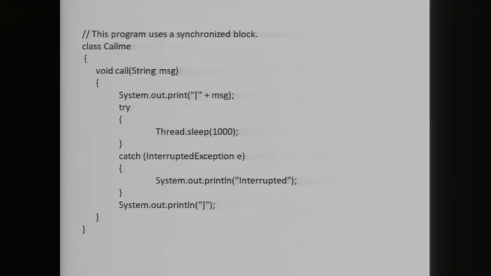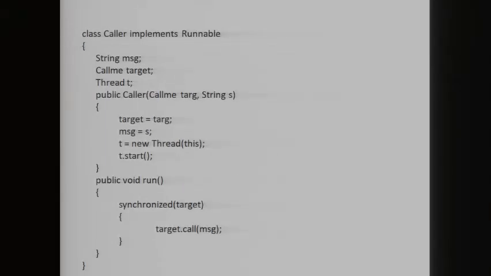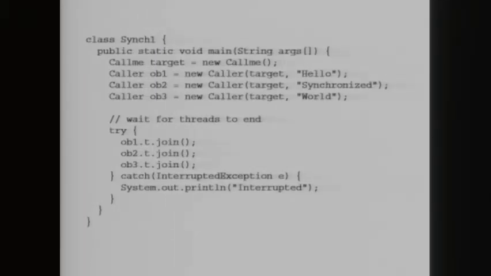Let's have a look at the program and it will be clear to you. Instead, a synchronized statement is used inside the caller's run method. This causes the same correct output as the preceding example because each thread waits for the prior one to finish before proceeding.